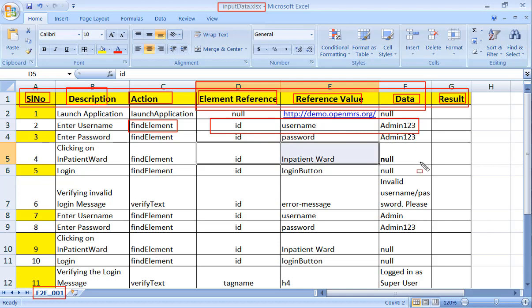These are all called parameters for this action. And also if you look into this verify text, this is an action. The parameters are the ID, the ID value, and the text. So there are parameters, there are actions, and also we maintain the description and serial number in this Excel.